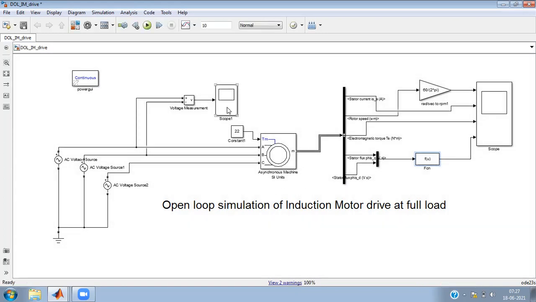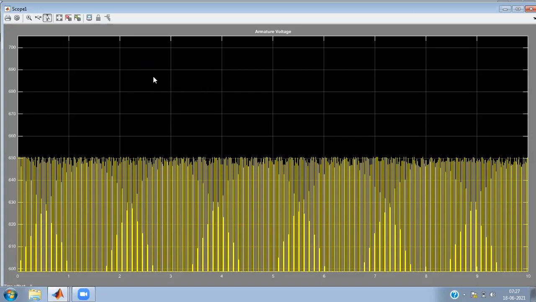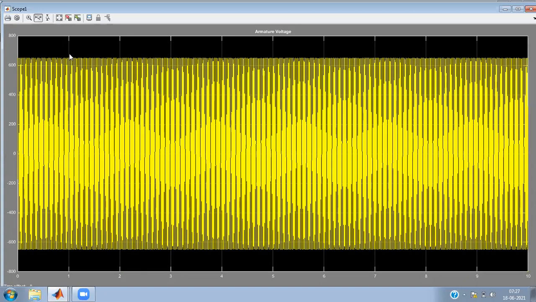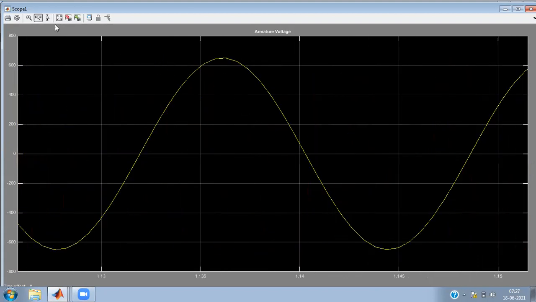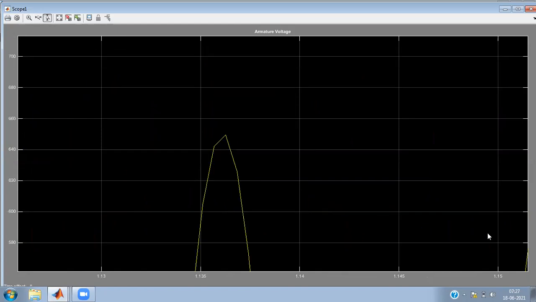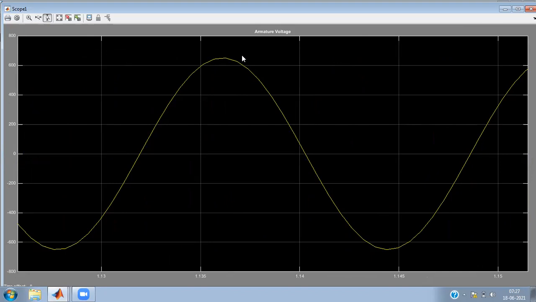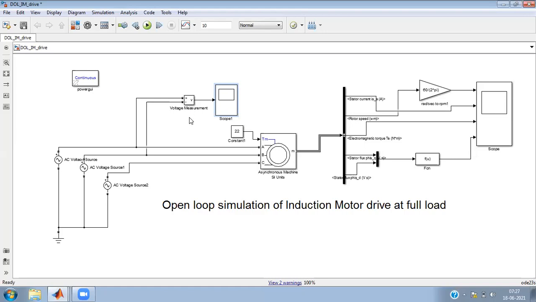Now, the first thing we are supposed to see is whether it has the required voltage or not. You can see over here that this is the required voltage, that is, peak voltage is 650 volts, right? You can see the required AC voltage per phase is produced, right? I'm measuring the line value. Line value is 460 volts, and peak value is √2 times 460, which you can calculate, coming out to be 650 volts. So yeah, appropriate voltage is already there.